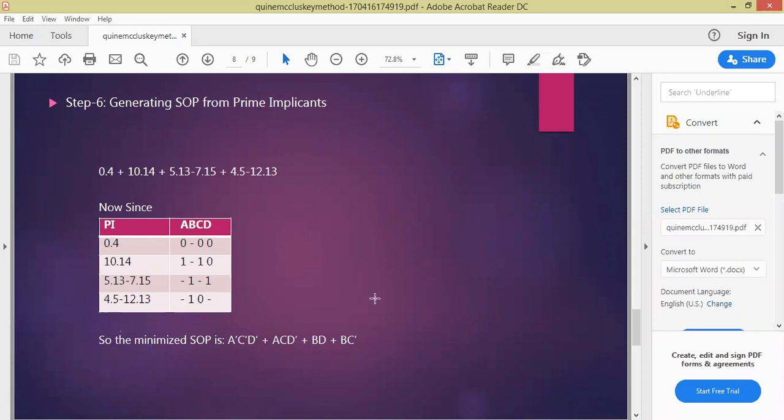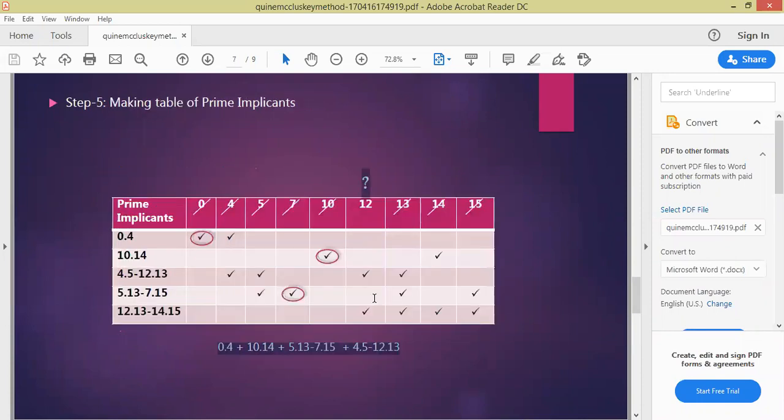So then why are we using 4, 5 and 12, 13 in the last? Voice is breaking. Sir, you said that we are only using those used only one time, like 0 is used in only one, 7 is also used in only one, and 10 is also used in one. But 4, 5 is not used in two, as 4 is used in two, and 5 is also used in two, 12 is also used in two, and 13 is also used. Wait a minute, yeah, I got your question. I'll put it in another way.